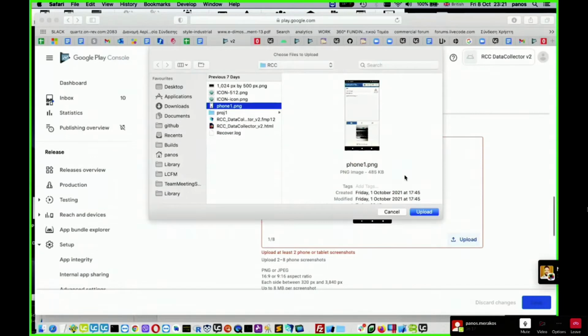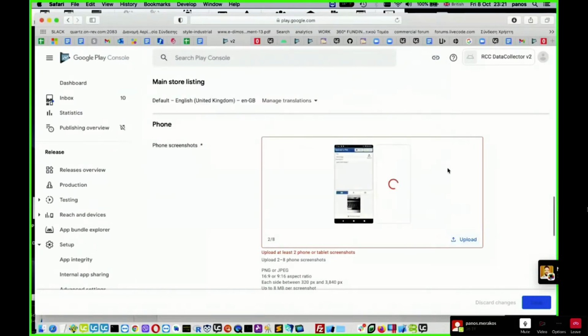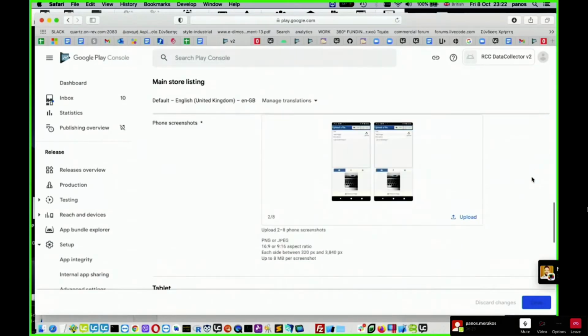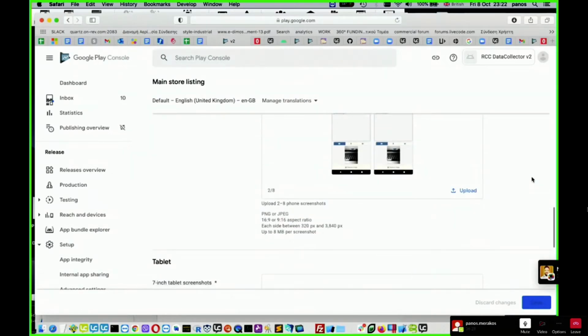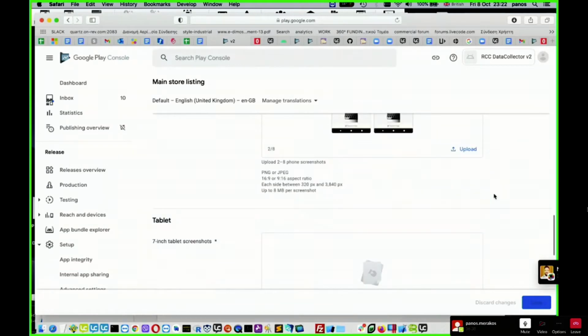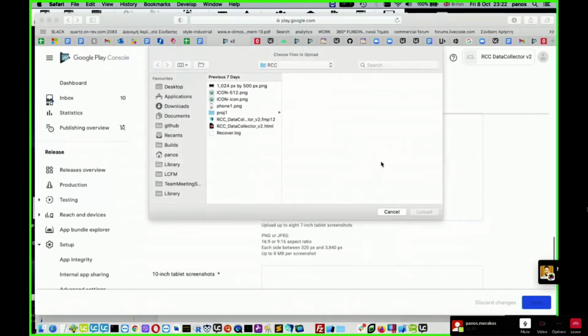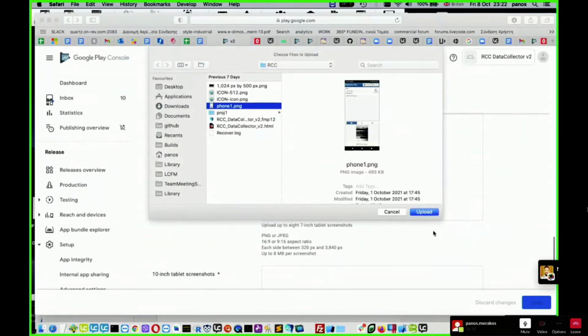In fact, I can just upload the same one twice because I didn't have time to make more screenshots from my phone. As I said, I can always update this later. So I'm just going to use the same screenshot just to get past that screen.